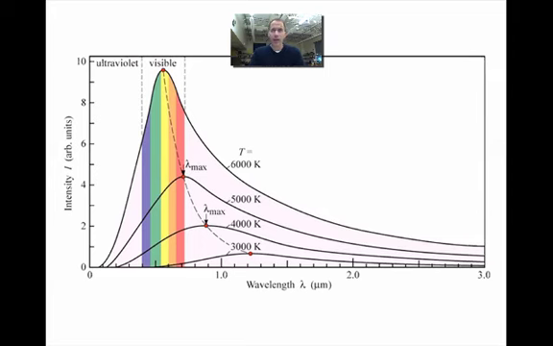If you think about it, an electric stove, when you first turn it on, those coils start to glow red, and then red, orange, and then they get brighter. So the hotter something is, the bluer the light that it emits is going to be. Now, it'll never glow blue. It'll glow white hot because it'll emit every color in the visible spectrum. But what people knew is that the temperature of something affects the wavelength of light that it produces.